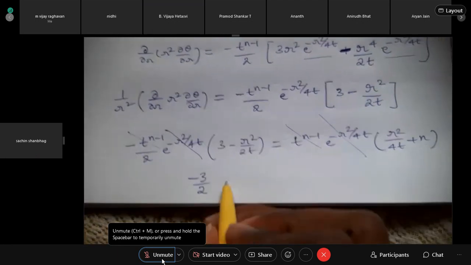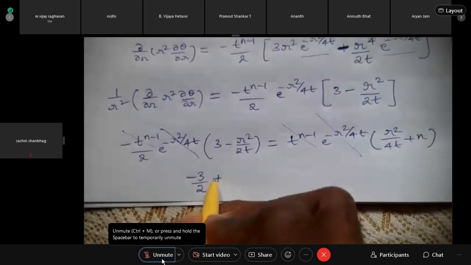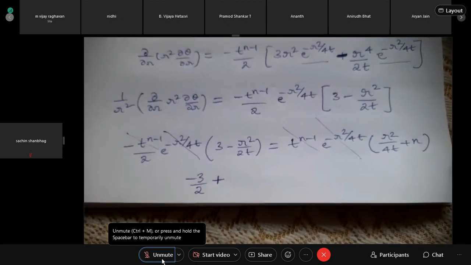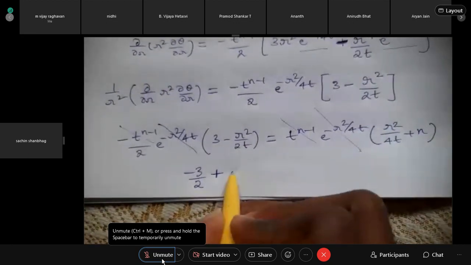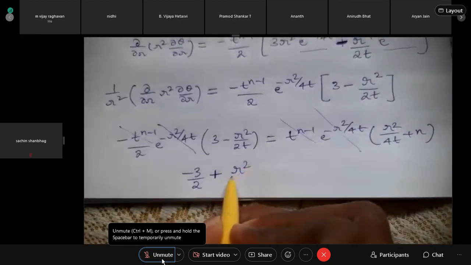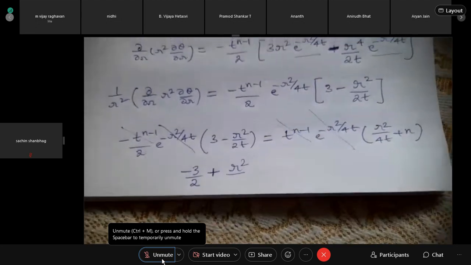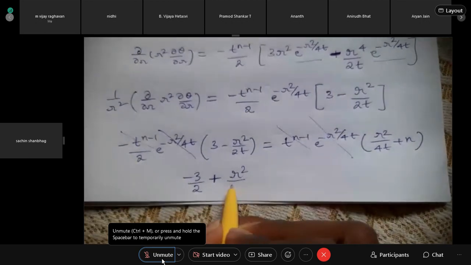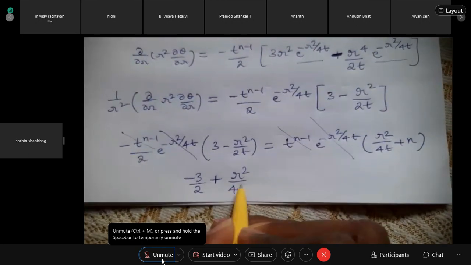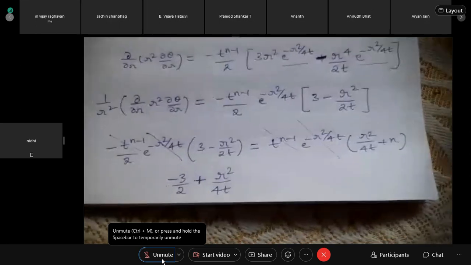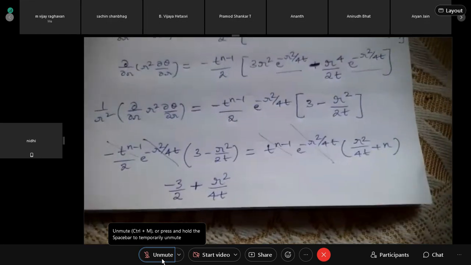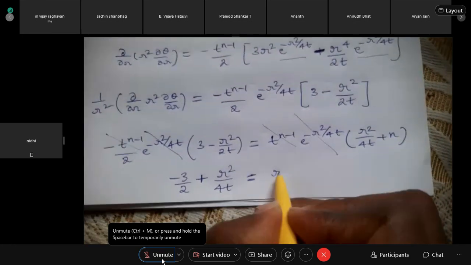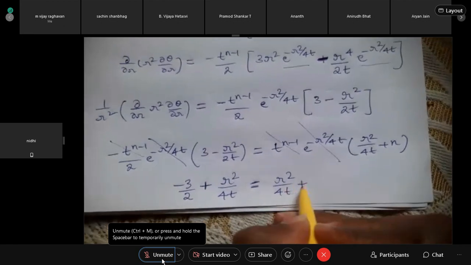Yes, sir. Can you please let me know the last of this left hand side? Will it become plus because of the negative sign distribution? Yes, it will become plus itself. Plus, but the term will be r square by 4t. How many of you say it is r square by 4t, or is it just r square by 2t? R square by 4t, sir. What is left out in the right hand side now? T, sir. R square by 4t plus n.